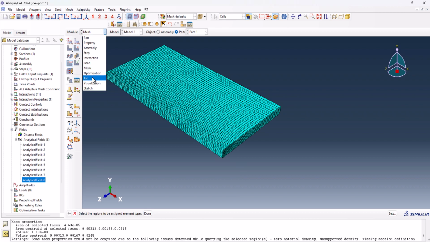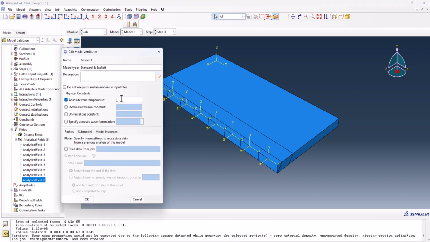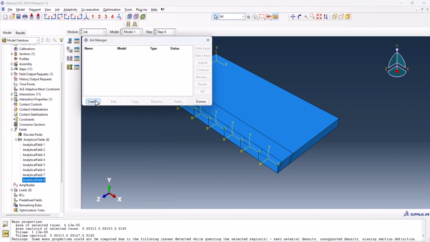Alright, now before submitting the job, we need to go to the model and here edit attributes of model 1. Absolute zero temperature must be -273.15, and the Stefan-Boltzmann must be 5.669 E -8. We need to create a job, but before we submit a job, I want to ask you